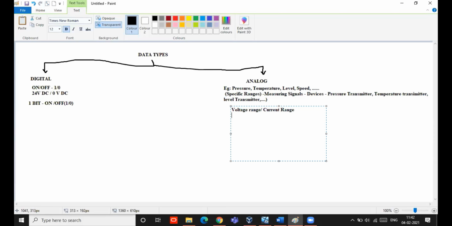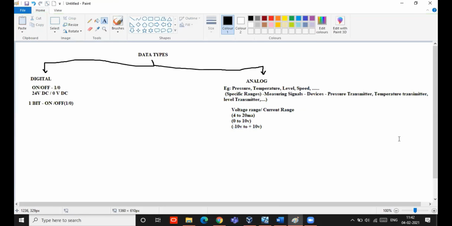Voltage range has different specifications. Some transmitters will be from 0 volt to 10 volt. Some will be from minus 10 volt to plus 10 volt. In the same way, the current range will be in milliamps, like 4 to 20 milliamps or 0 to 20 milliamps. It will be measuring in different ranges.